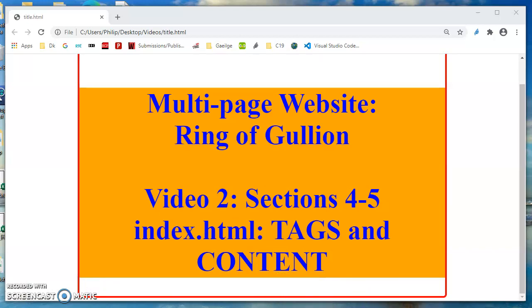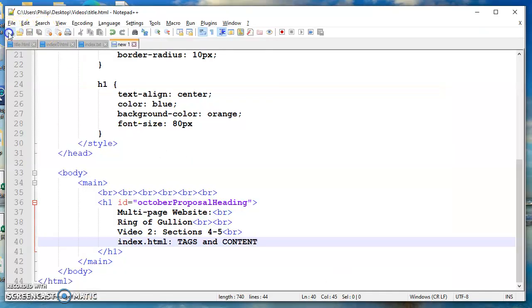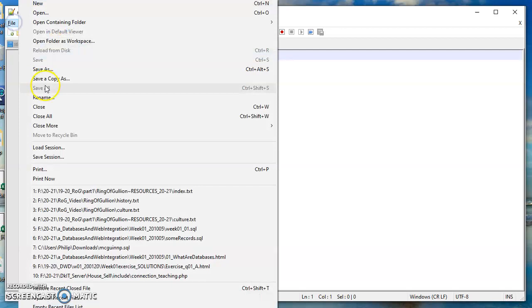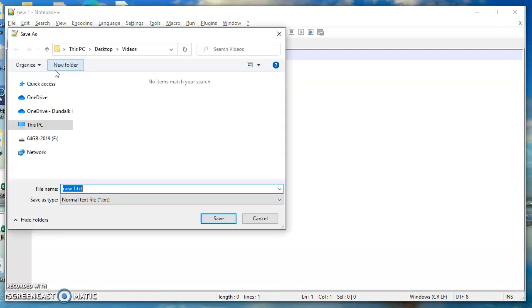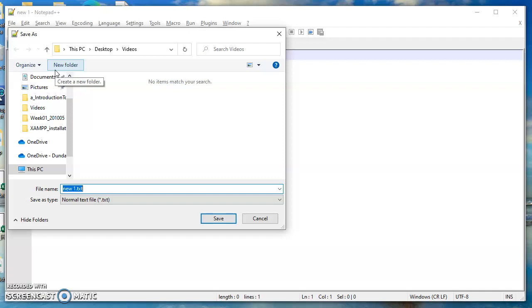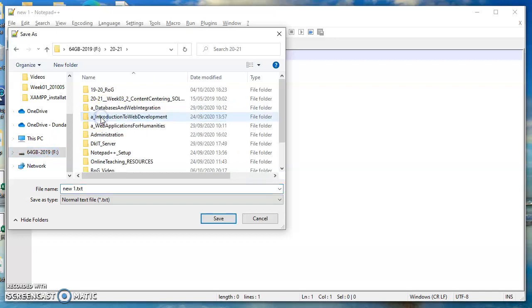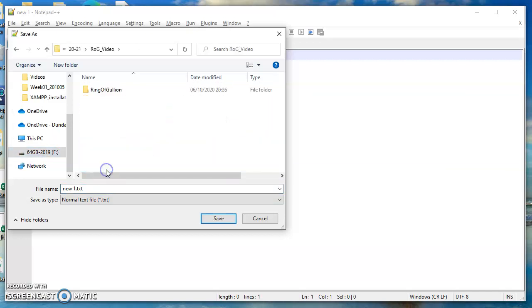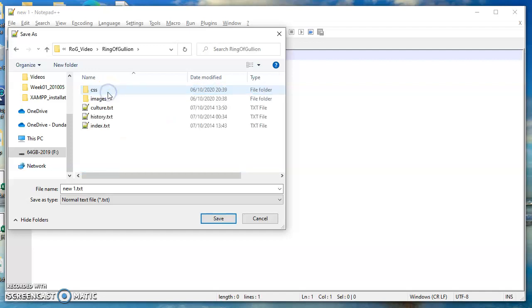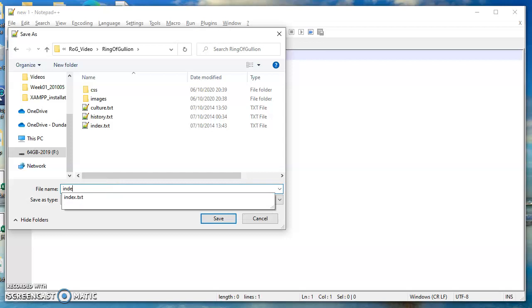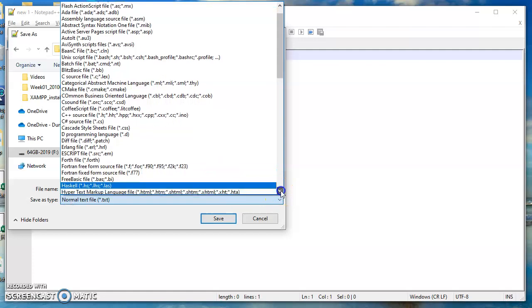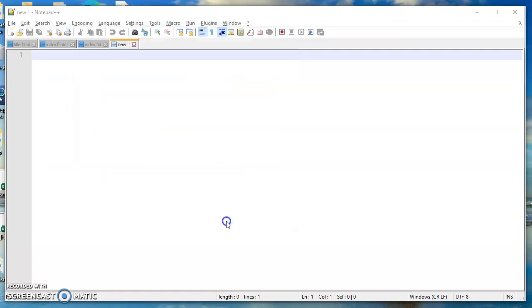So the first thing I need to do is to create a new web page. Okay, and immediately I am going to save as. And let me just navigate to the correct folder. Okay, here's my Ring of Gullion folder that I created in the previous video. So in here, index and save as type, and we just find HTML. There we go there. Okay, so what this means is straight away, as soon as I start typing,